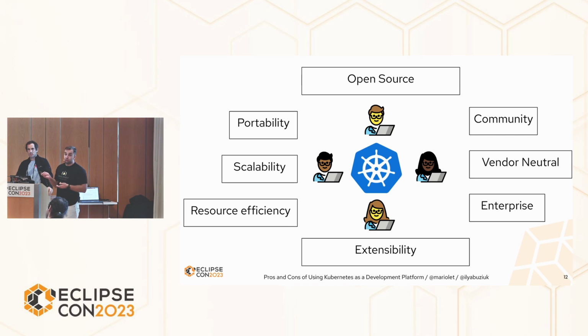Third one, it's vendor neutral, so there is no one big company behind it. So many vendors have their own enterprise versions of Kubernetes, like Microsoft, Red Hat, and many others. The next one is that Kubernetes is extensible, and this is really important for us because we see container development